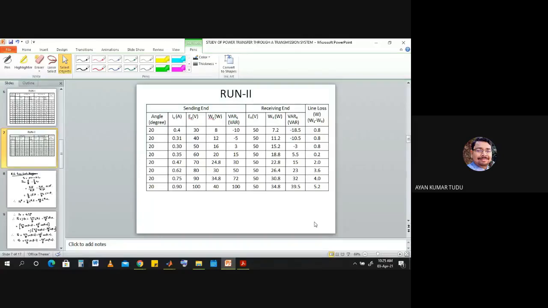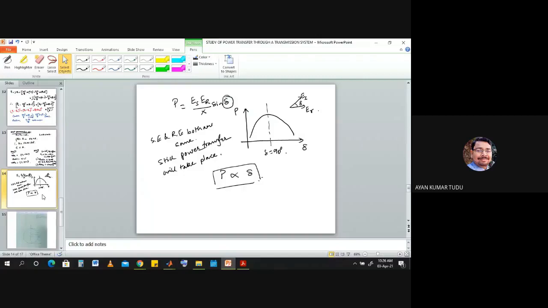As you can see, for the first few readings the var S is coming out to be negative. But when the sending end voltage is more than or equal to the receiving end voltage, then the var S is coming out to be positive. So what can we infer from here? If you have seen the videos properly, for all the cases the delta value is at a leading value, that is, our ES is greater than our ER.